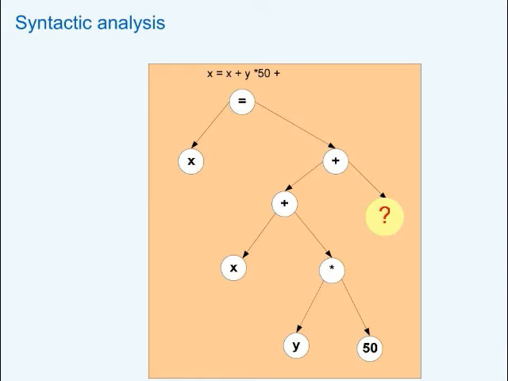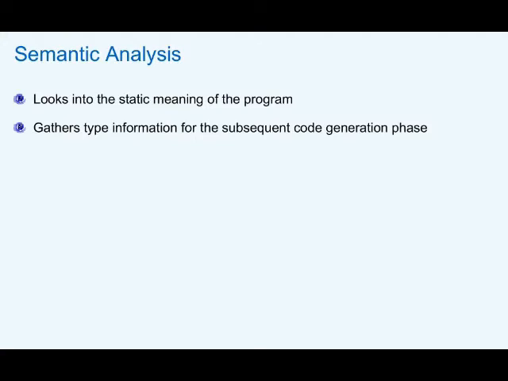After doing the syntactical analysis of the program, that is, checking whether the program has been written properly based on the specification of the programming language, the next phase is to check the meaning of the code, whether the meaning of a particular statement or the set of statements written in the program is proper or not. In this phase, the semantic analysis phase, the static meaning of the program is checked, and it will also make it available for the next phase.